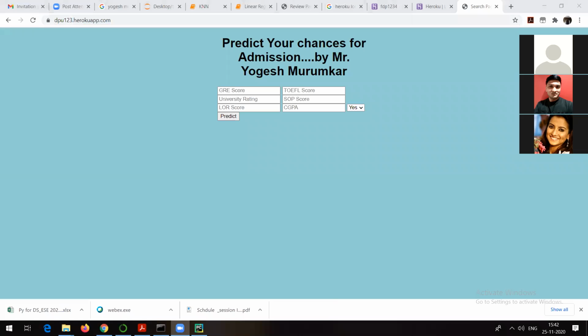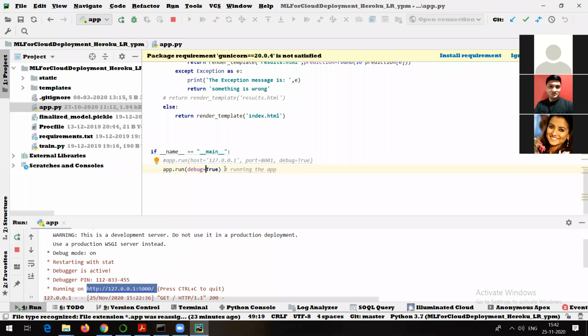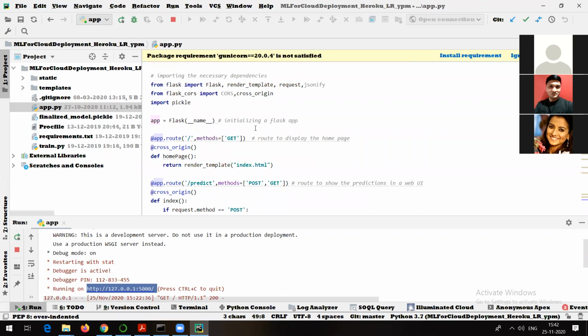Okay, so let me go to the code fast. So this is going to be a starting point. Now here we are able to see something called as app. So this app has come from where? This app actually has come from this particular line. And what is this? So this is object, we can say. What type of object? It's an object which is created with the help of a method called as Flask. And what is Flask actually? Flask is a framework which is available in Python. So we are creating a web application with the name app by using Flask.